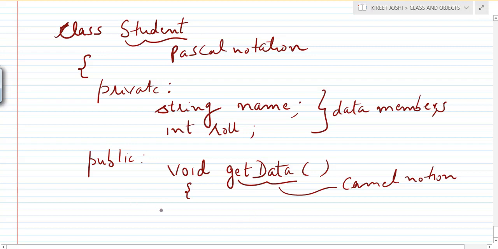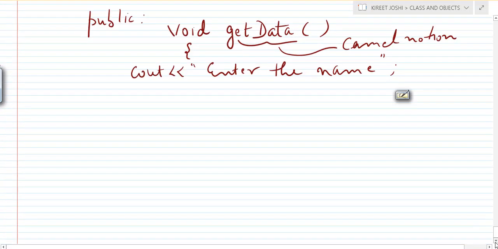Now I'll write cout, "Enter the name", and then read it. This name is of type string. In our earlier lectures we saw that to read a name we use the function getline, and inside it we write cin comma the name of the variable, that is name.